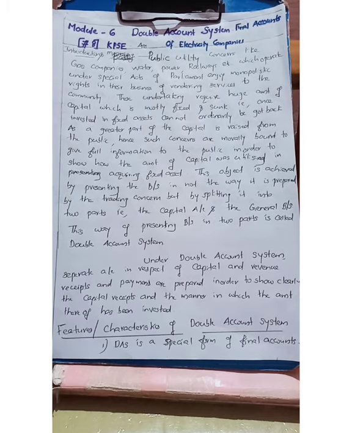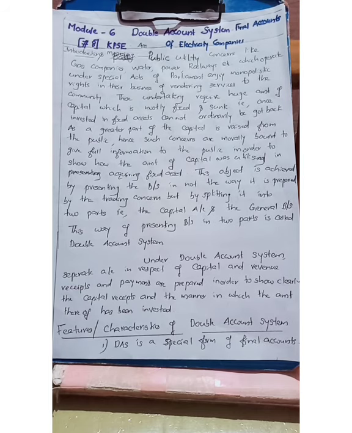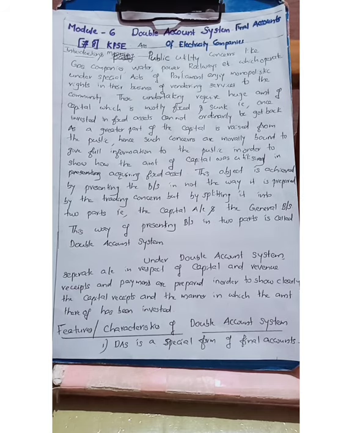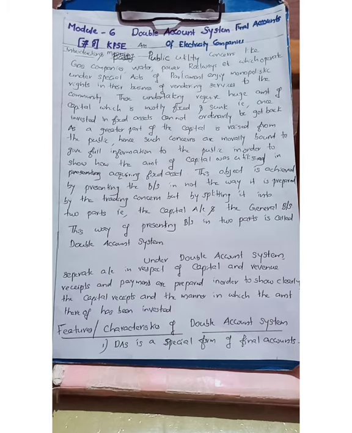They are bound to give full information regarding the purchase of fixed assets to the public, and that is why, in order to disclose this information, the balance sheet of such an enterprise is divided into two parts. The first part is the capital account and the second part is the general balance sheet,